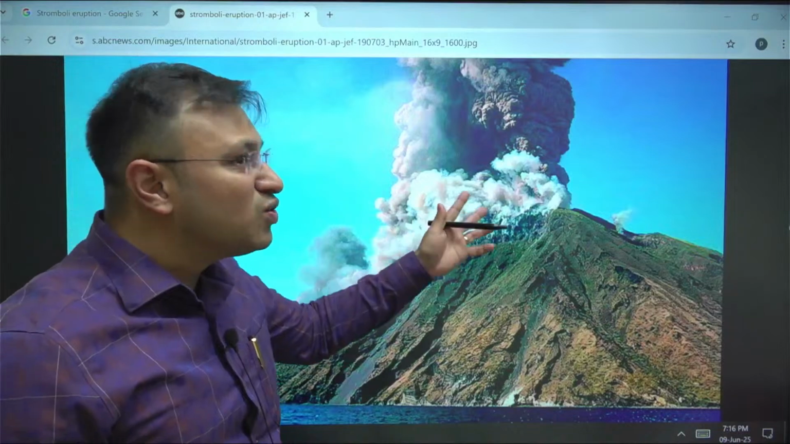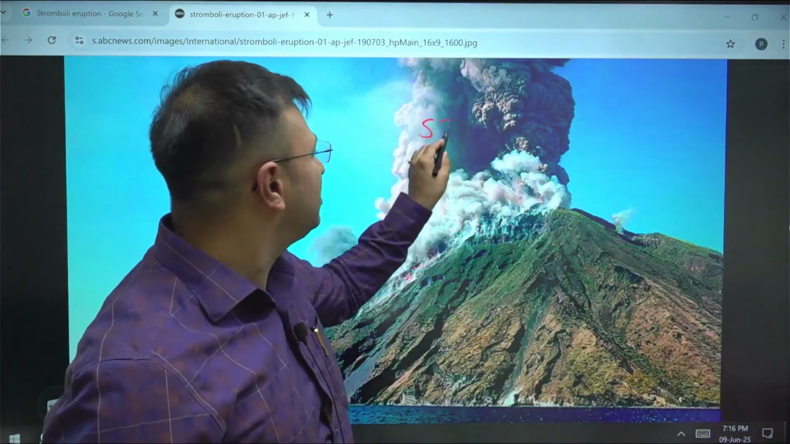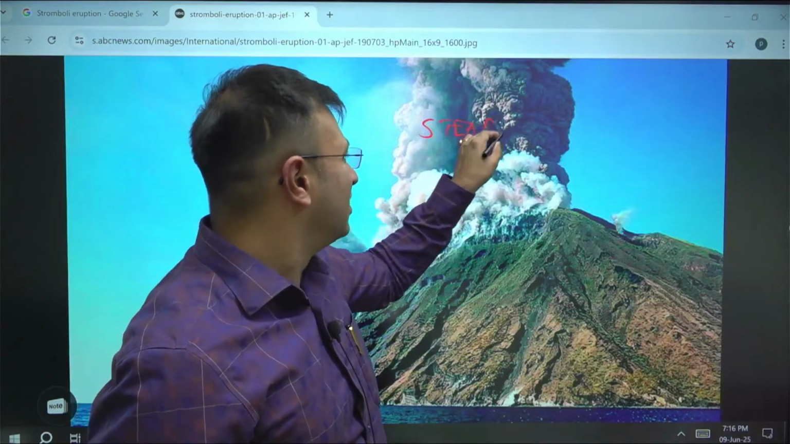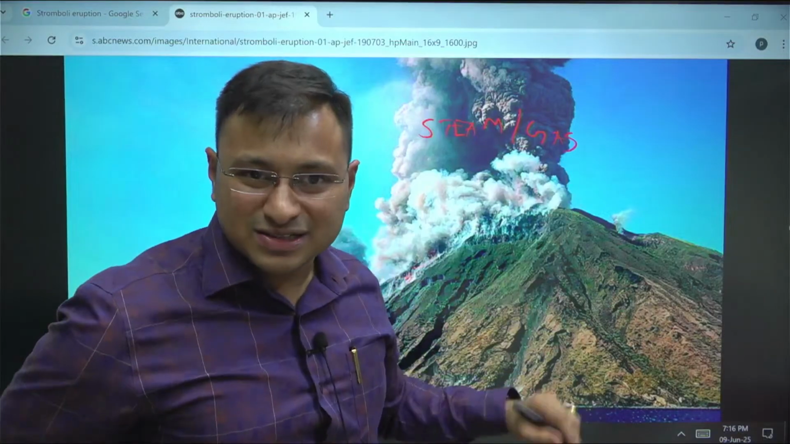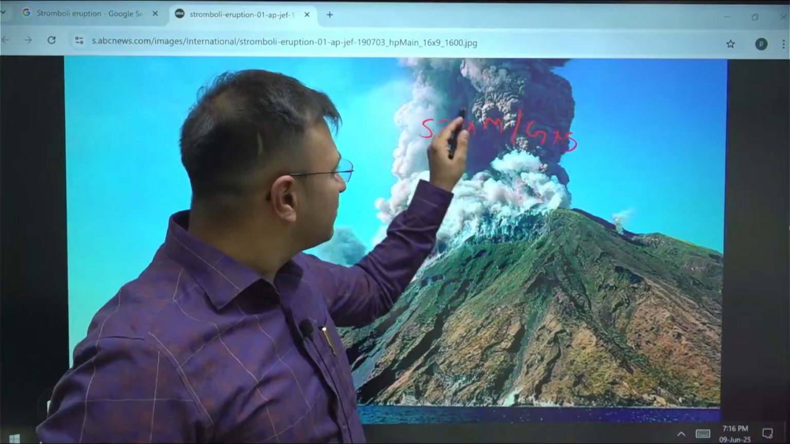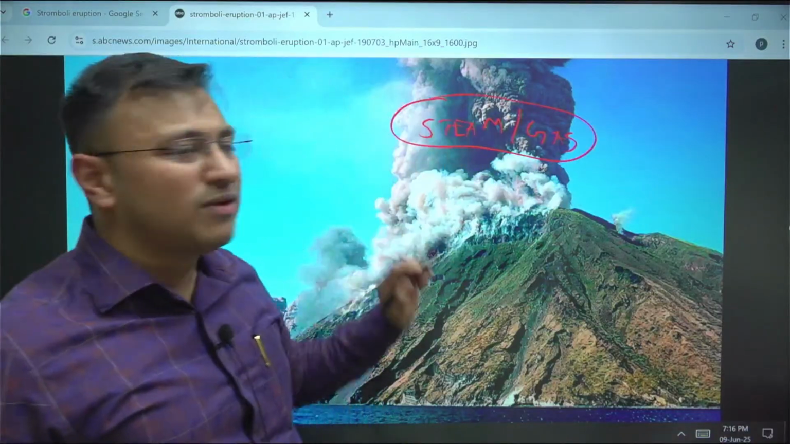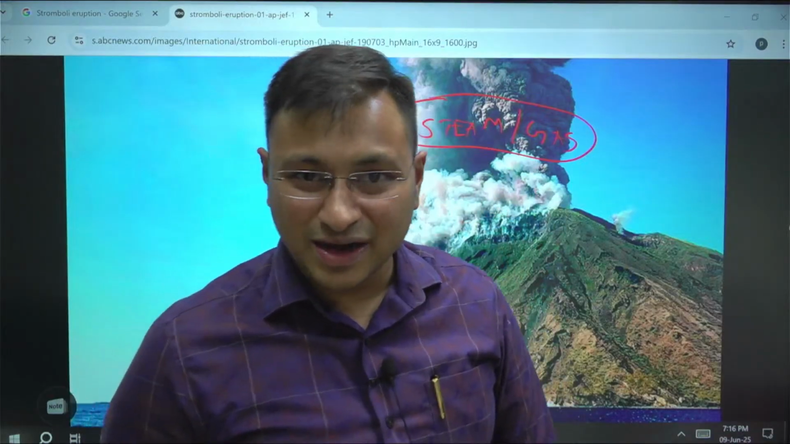Here you are not having that much eruption of magma. Here more steam and gas is coming. You can have sulfurous gases, you can have nitrous gases, you can have CO2 also coming. So if I'm talking about Strombolian type of eruption, where you are having more steam and gas being erupted, we